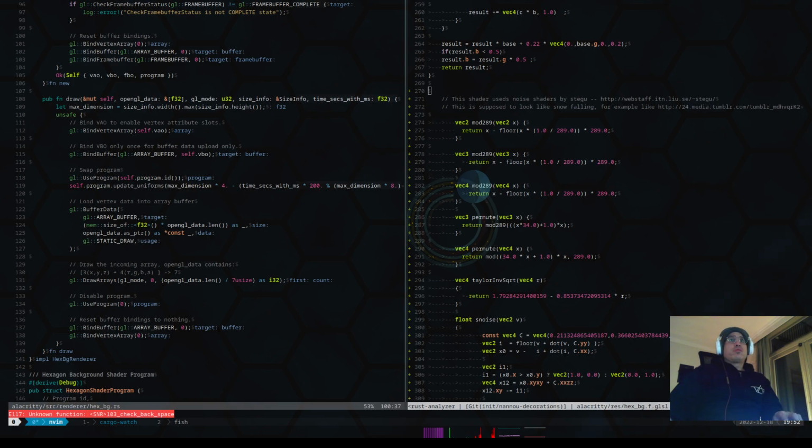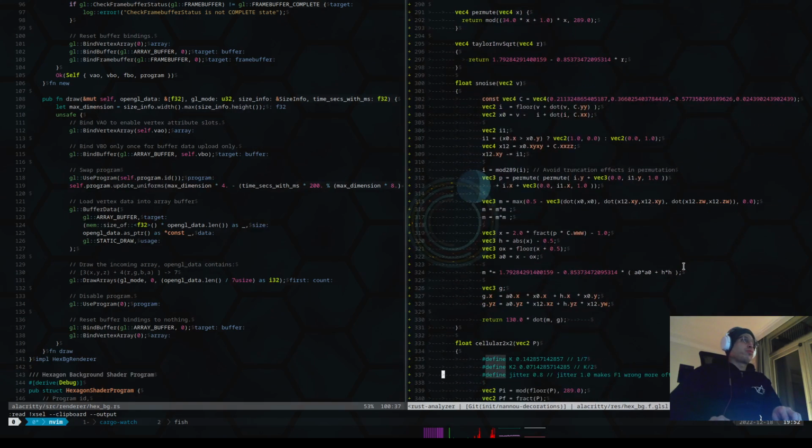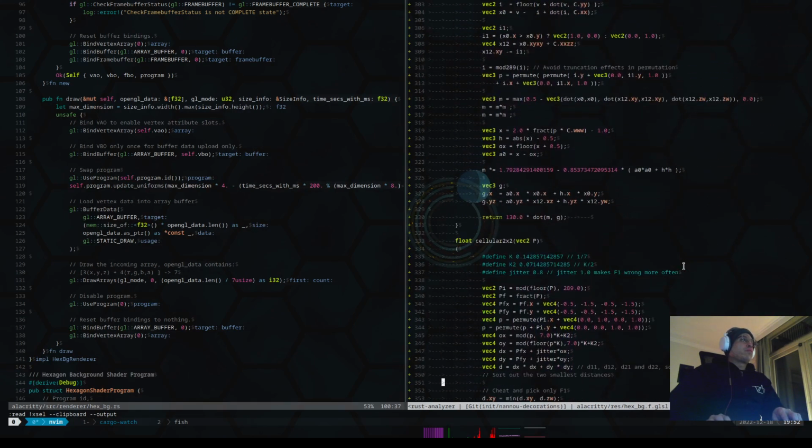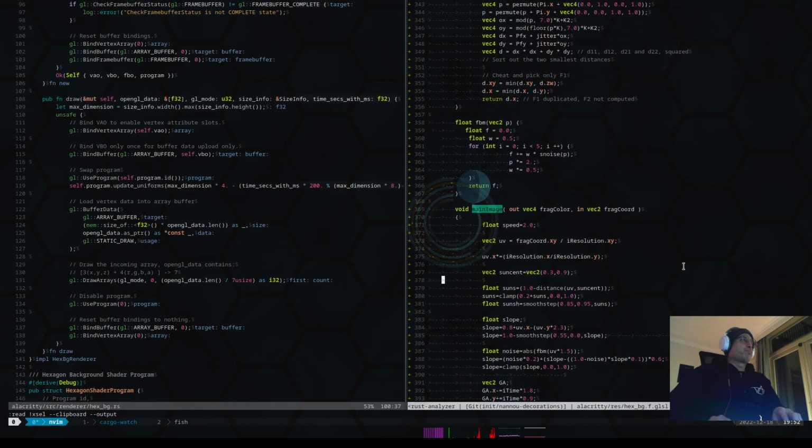So I'm going to copy the URL of the shader, and then I'm gonna add it here. This is just for our test. We're not gonna commit this. We're just gonna see if we can make it work with our current terminal, and then maybe we can find a way later to get it working. Maybe there's another version that is using... so I need to return